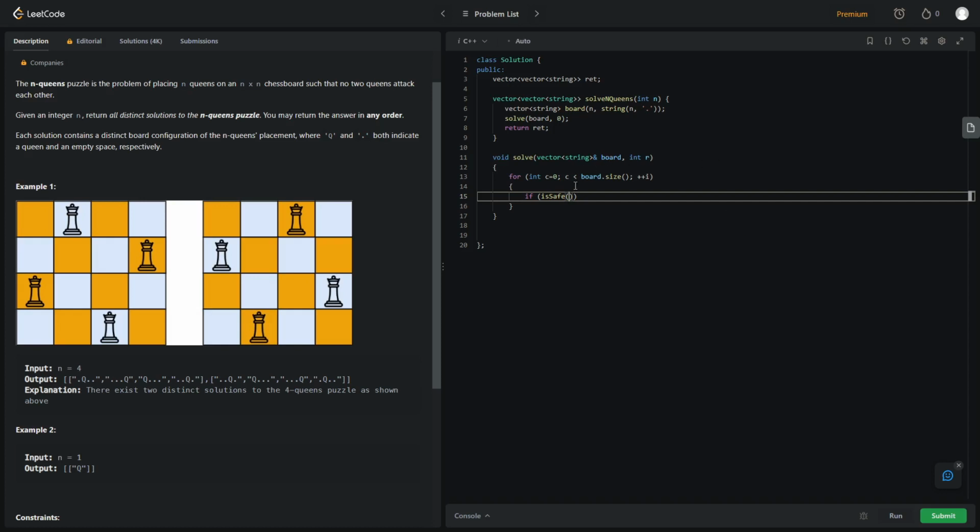It's going to check, and since we're going down by column, we're going to assume that there's no queens below, because we haven't gotten there yet, below or to the right. So it only really needs to check above. It might need to check to the right too. I've got to think about that. So if isSafe(board, row, column)